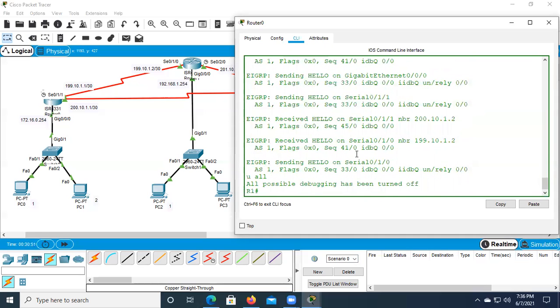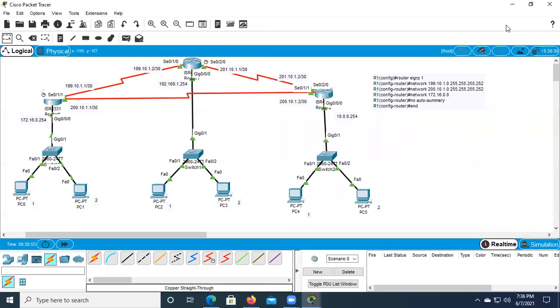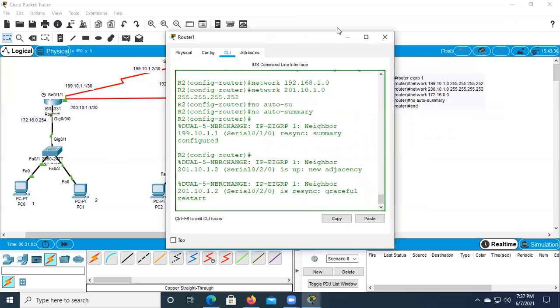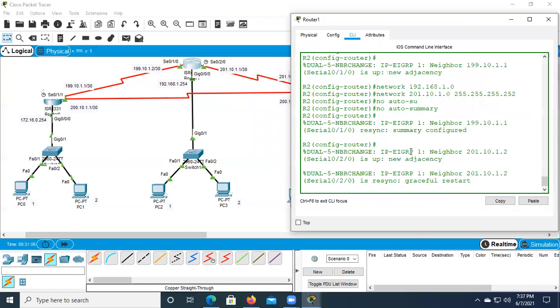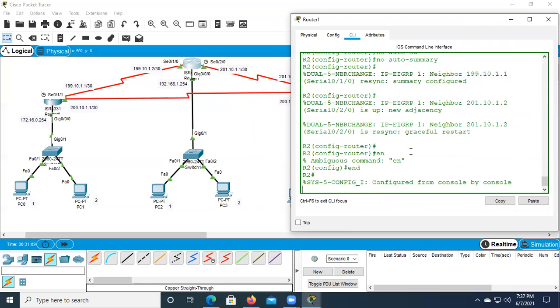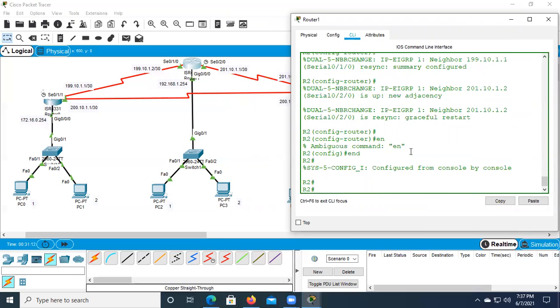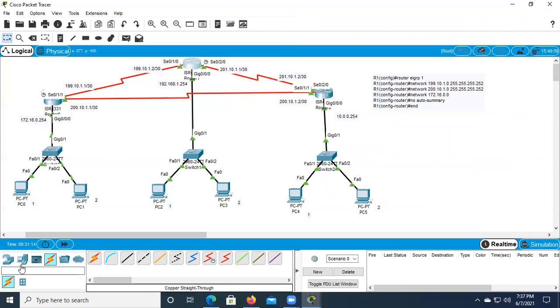Sir, what if router 2 and router 3 are connected with router 1 because they share the same network ID, but when we have 4 or 5 routers that are not connected with router 1, how will they send us hello messages? Our question is, sir, we connected these two routers to another branch that is connected with router 3. Let me pause the.